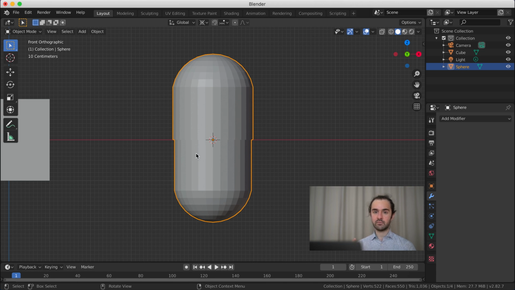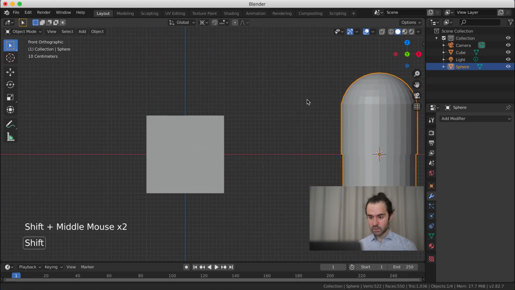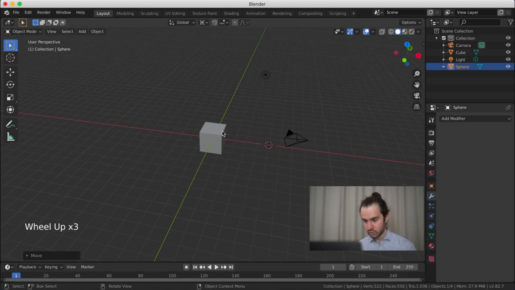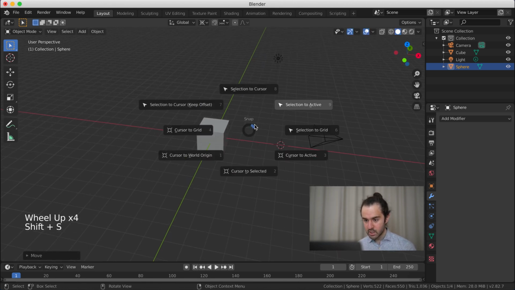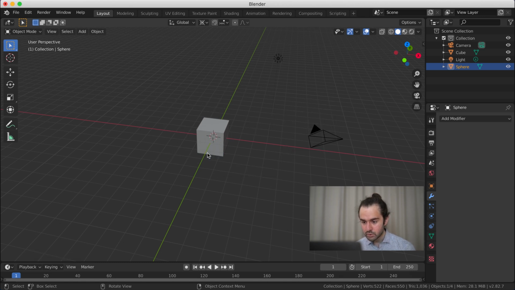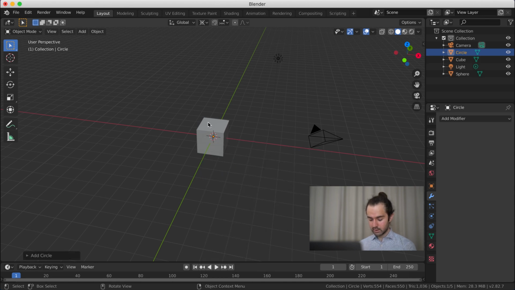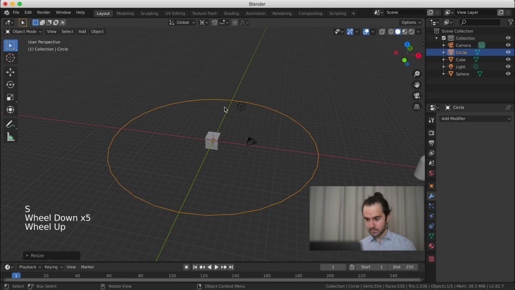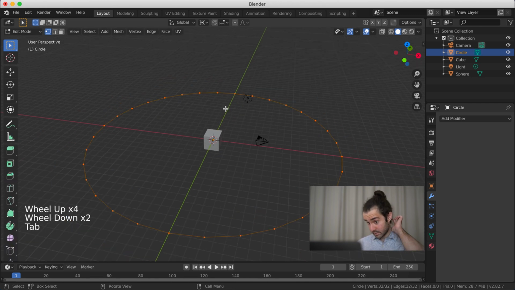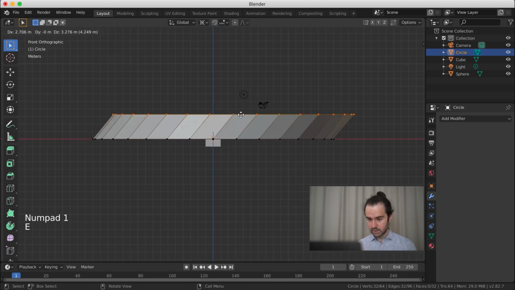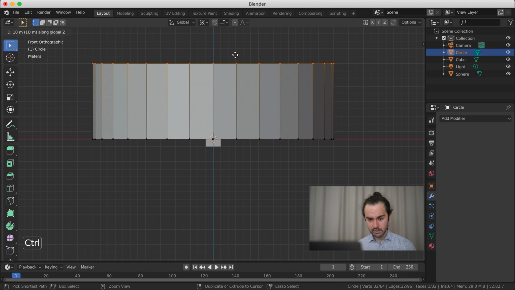We're going to get started on the environment that we're going to use to move the pills around. So let's go back to our cube. We'll move this pill even more out of the way, let's say 25 more. We'll move the cursor back to the middle, and we'll add a circle. And we're going to scale this circle 16 times to make it nice and big, and we'll go into edit mode. Now we're going to go into front view, extrude it in the Z axis, and we'll do this about